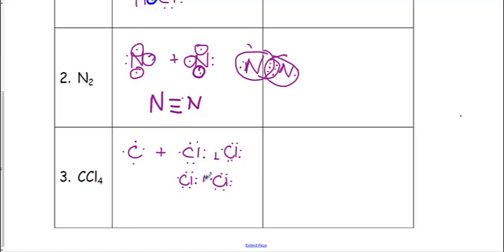Okay, so we're actually adding all of these together to create our Lewis dot diagram. So when we put all of these together here, carbon in the middle,